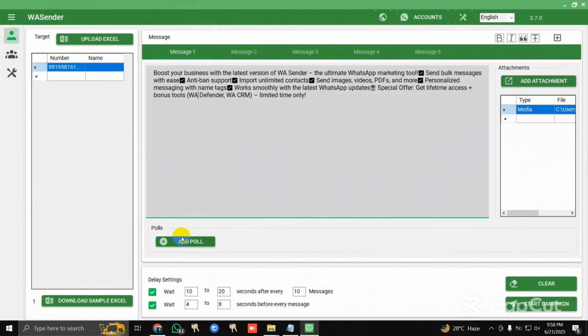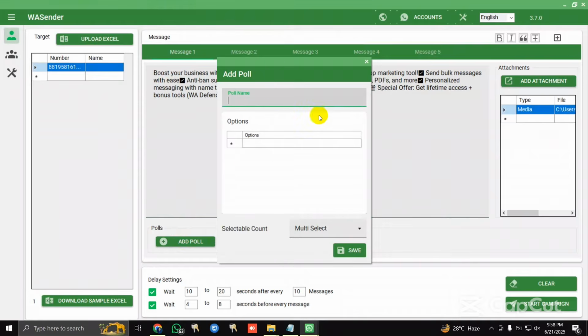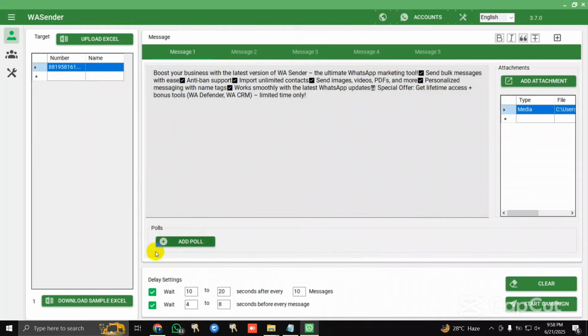Okay, so poll, just if you should add poll. Single and multiple poll for suggestion. So for the delay setting you should set 20 and 30, and below the option, 20 and 30. Okay, and here after the message you should use a text message, and you can also